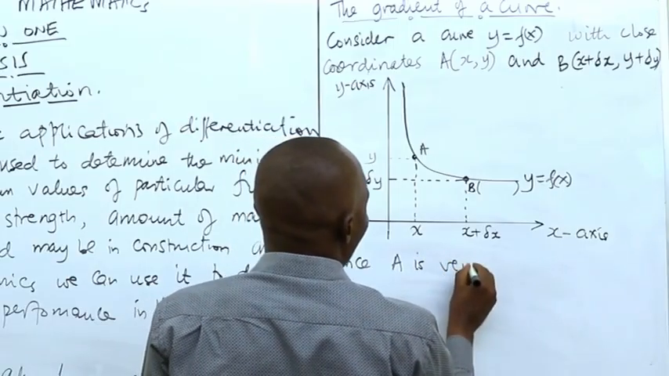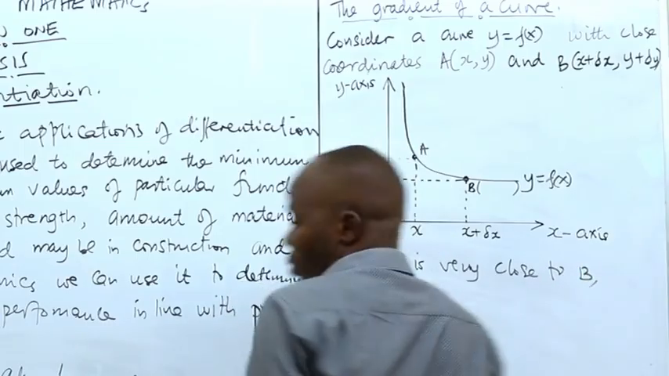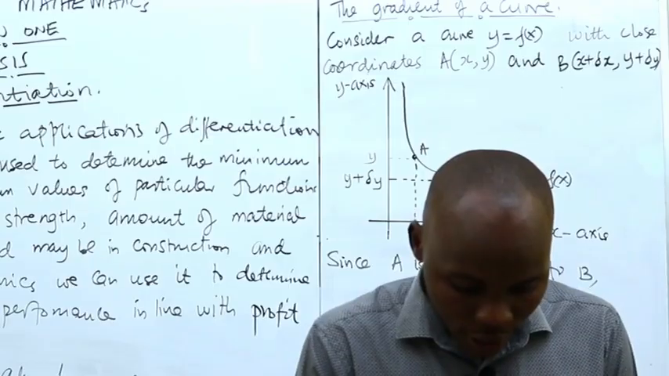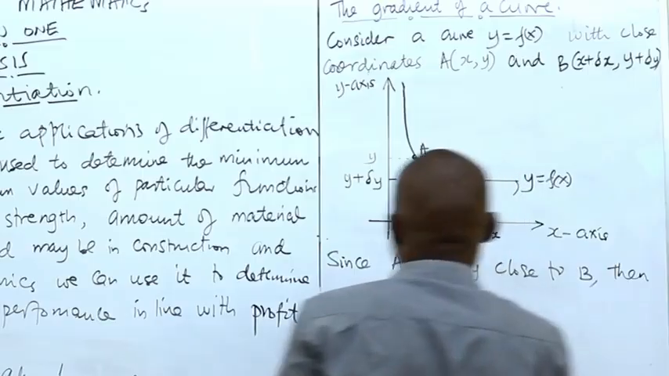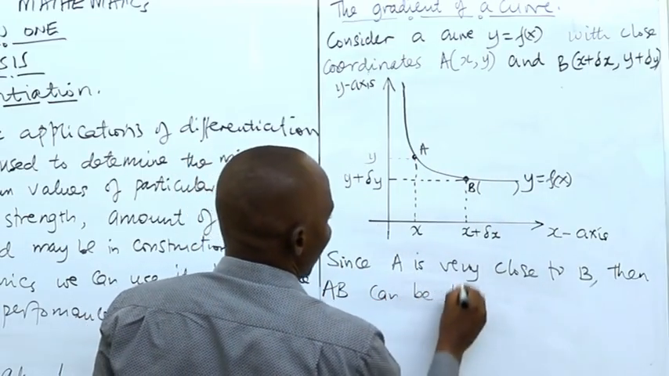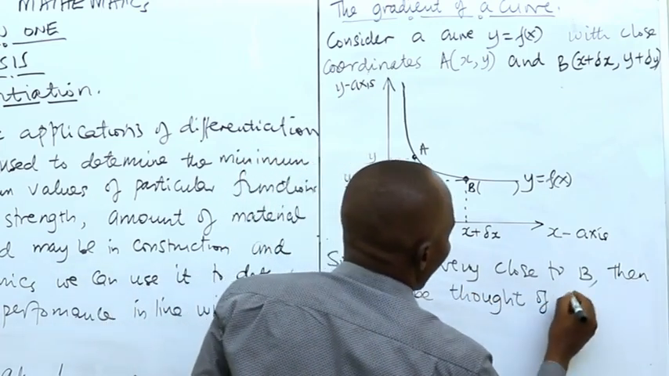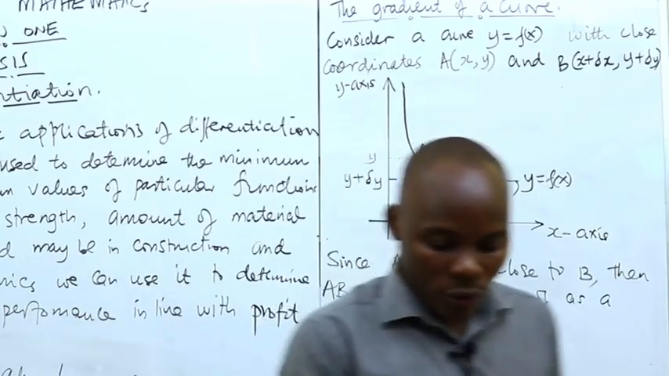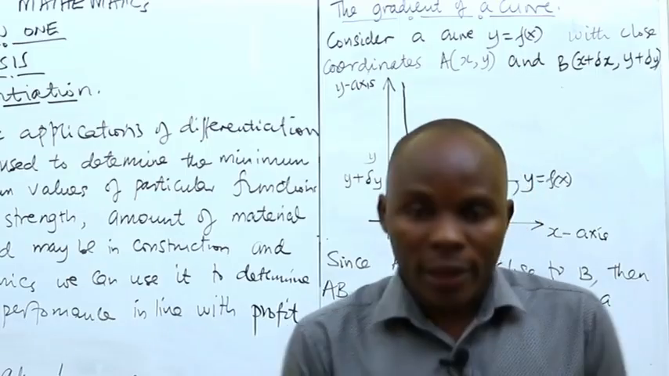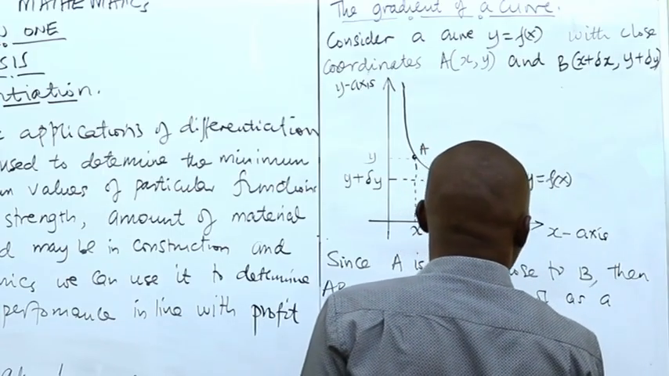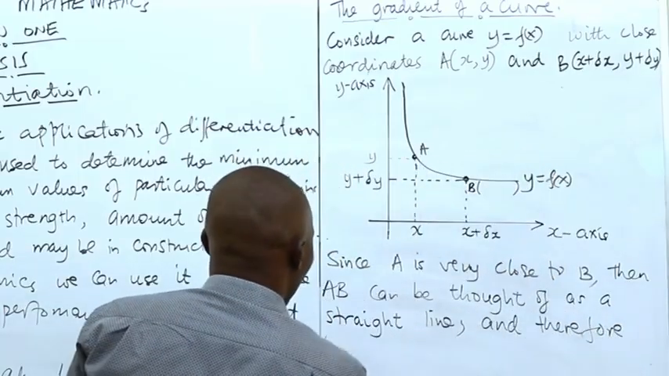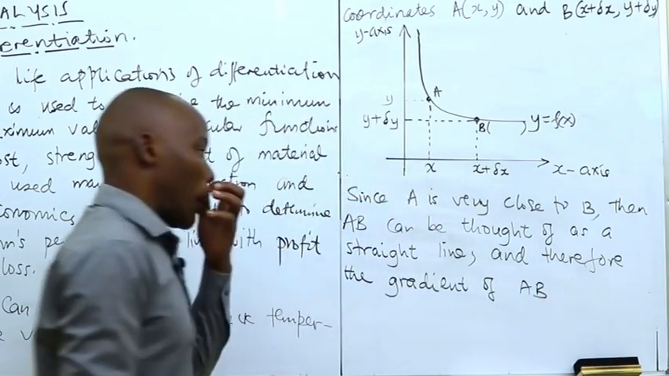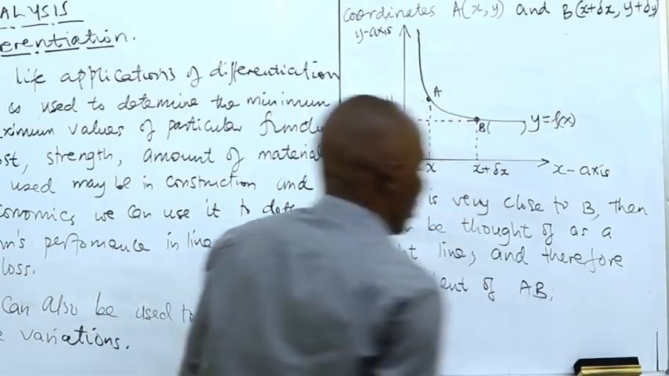Since A is very close to B, AB can be thought of as a straight line, and therefore the gradient of AB can be given by